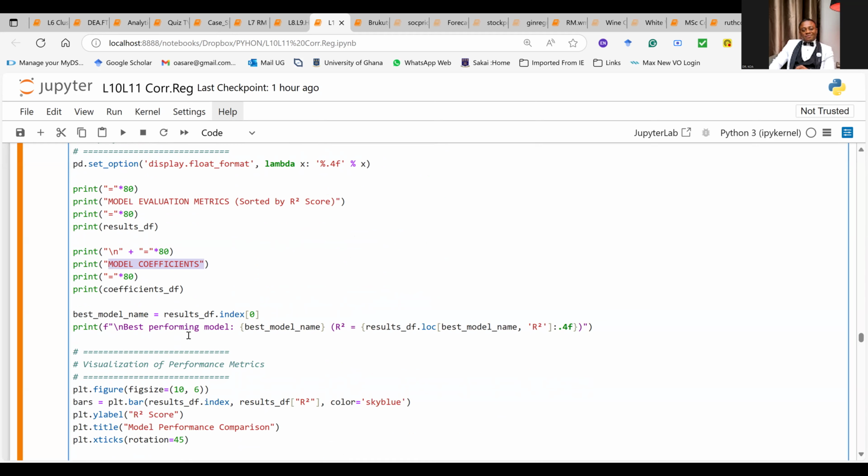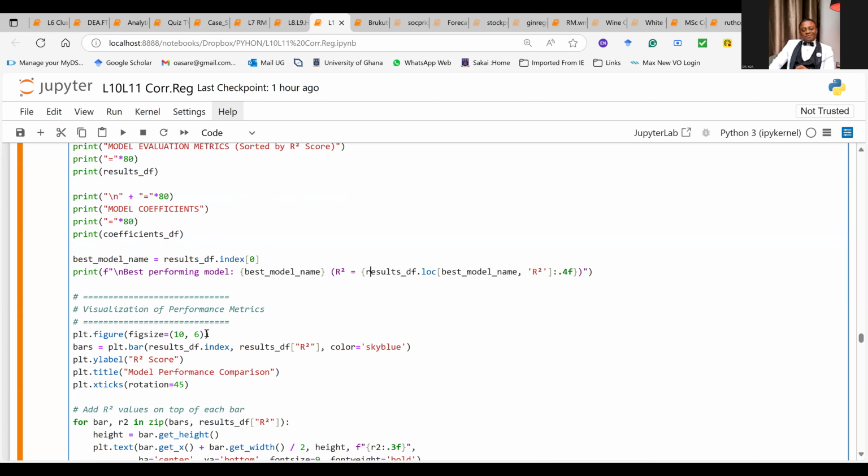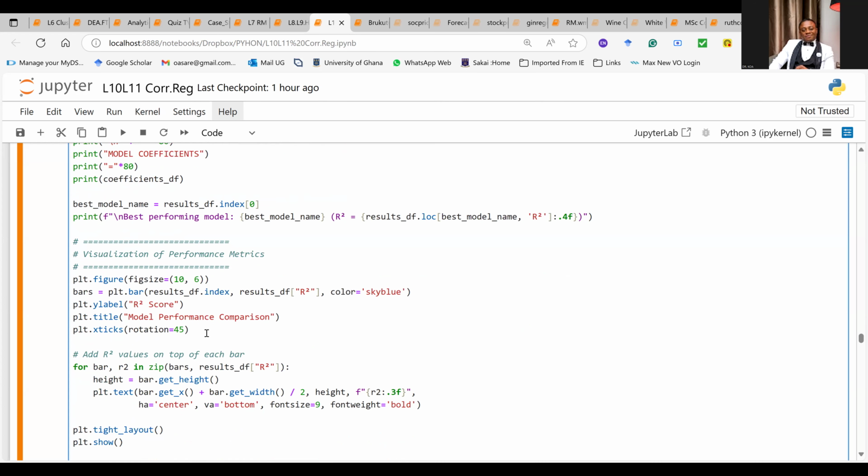I just decided that once it identifies the best model, so tell me the best model, then use the R square of that best model to rank the models. Then just tell me the result based on the score of the R square.